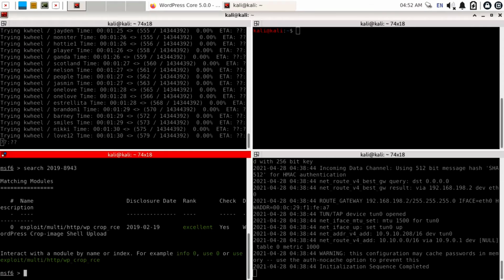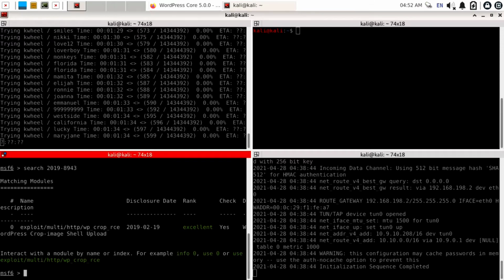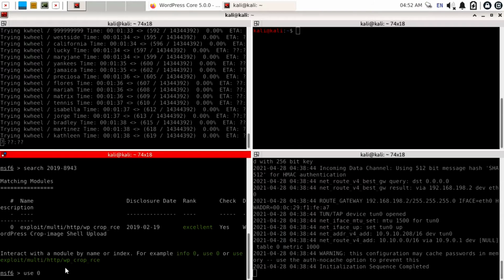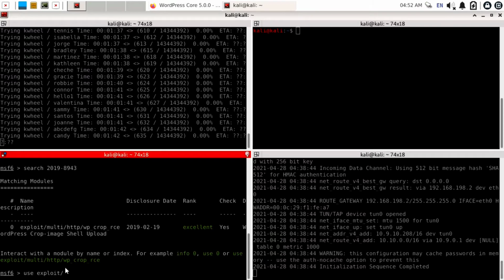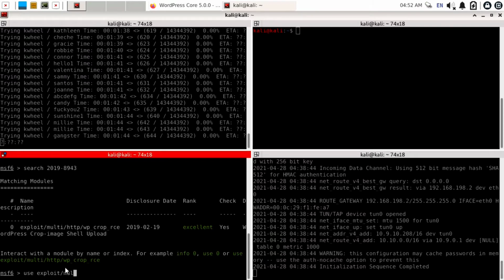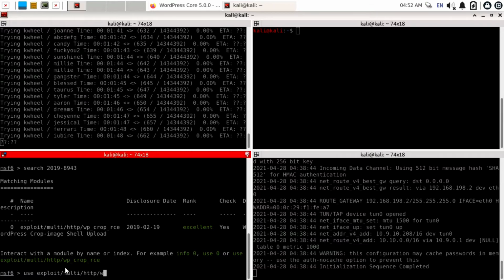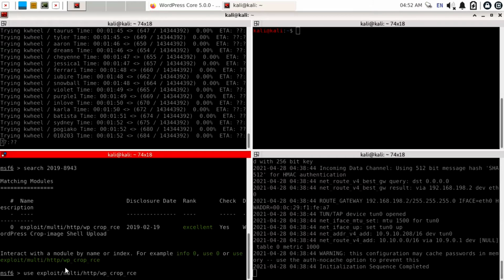To use this exploit, use the command use and the ID of this. Its ID is 0, so you can simply use 0, else you can paste the full path of this. So its path is use exploit/multi/http/wp_crop_rce and hit enter.